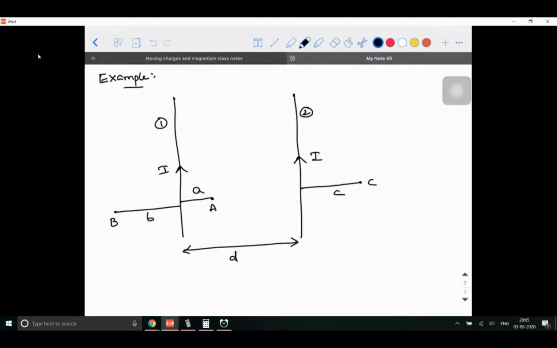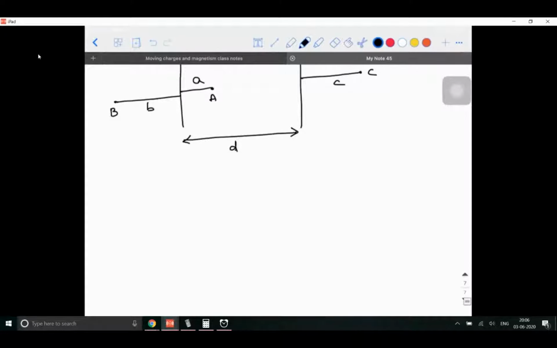When I say whole system, due to the first wire and the second wire along with the proper directions at point A, B, and C. And this is a very, very important problem because there are many concepts which are based on this problem, which we are going to discuss in the future. And the second question is, you have